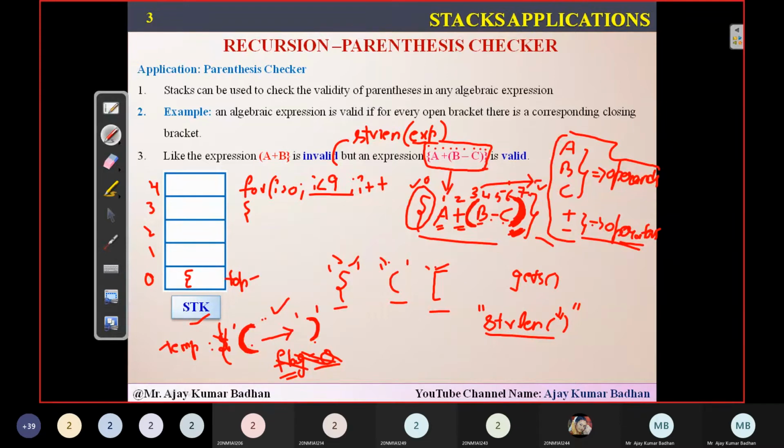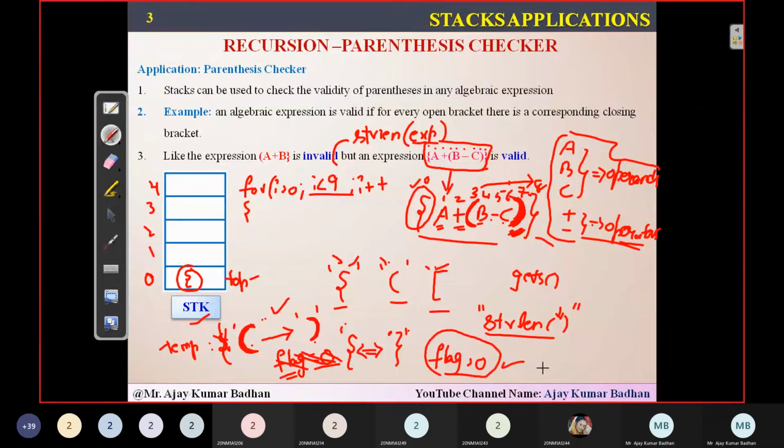Now again at the eighth position, what is the value I have here? Closed bracket. Now I have encountered a closed bracket here. So immediately what I have to do is remove one particular bracket. Whatever element is present in the stack, you have to remove it. What is the element we have in the stack here? Open curly bracket. Now again you are going to map it. Suppose this is a closed curly bracket and that is an opening curly bracket. If both are the same, you don't have to do anything. But in case they are not matching, then you have to set flag equal to 0.